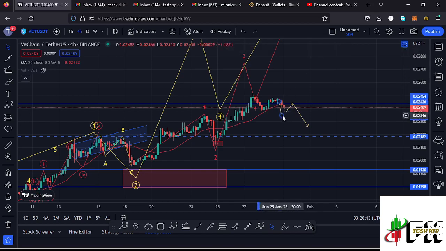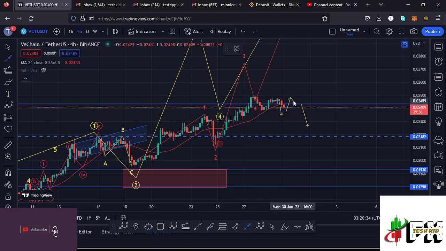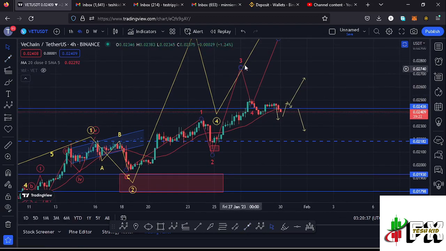But there are also chances of seeing a reversal from the prices that we are trading within, and in case that happens, then I'll be expecting Vechain to manage to break above that key area of resistance at around the $0.02436 mark. And once that happens, then I'll be expecting a successful retest of that key area of support. And once that happens, then we can continue pushing even higher and continue obeying this ETH 12 structure that I have right here